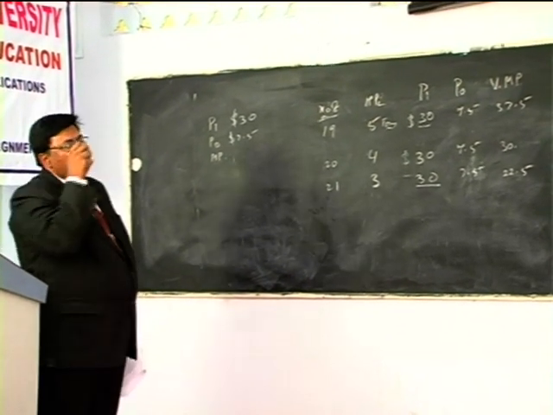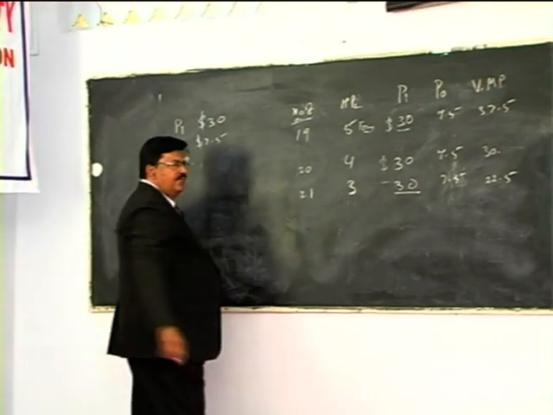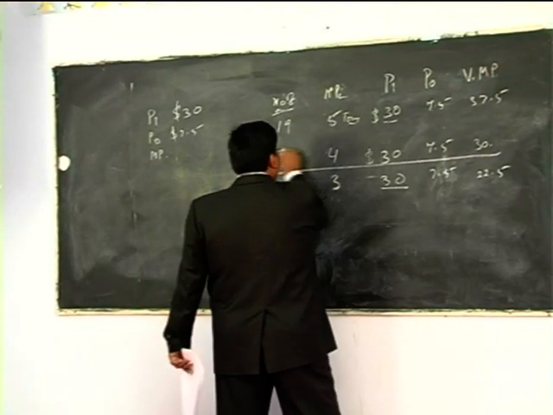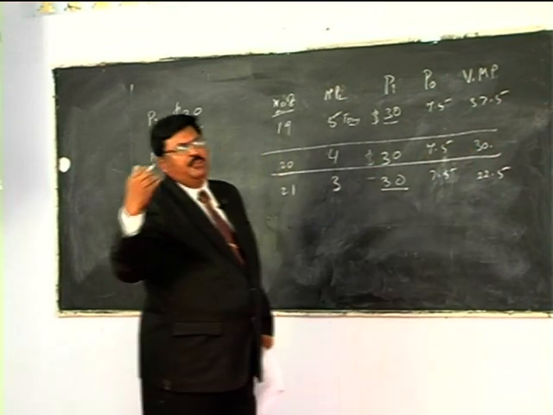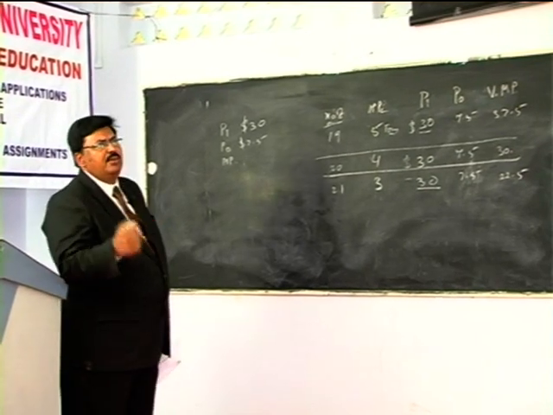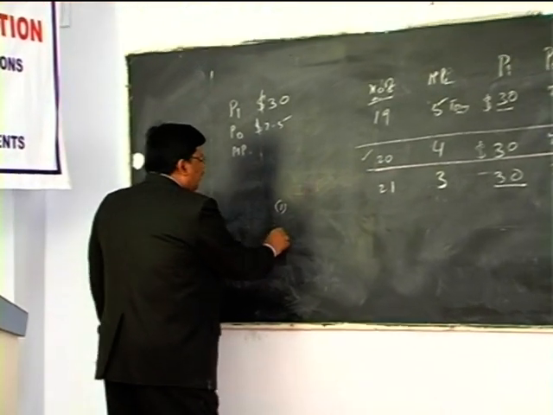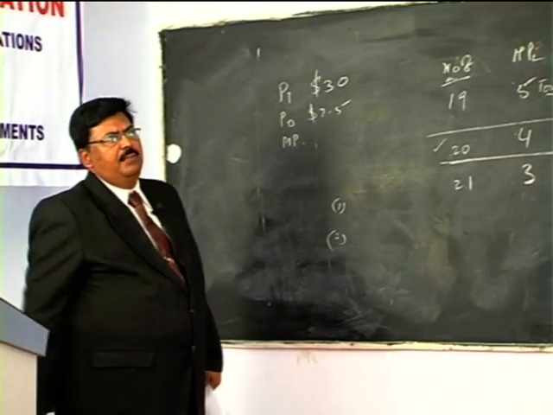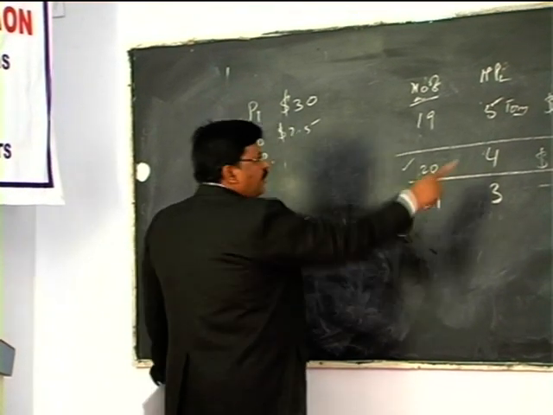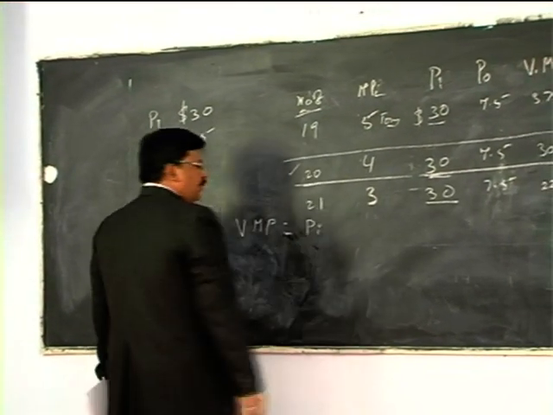From this we can see that the firm will not stop with the 19th worker and will not use the 21st worker. So 20 is called the optimal quantity or equilibrium quantity of variable input usage, or the optimal number of workers to be hired. Optimal quantity of a variable input usage is equal to 20. So there are 2 important equilibrium conditions. One is, in equilibrium, the value of marginal product VMP is equal to, that is 30 is equal to PI, price of input.